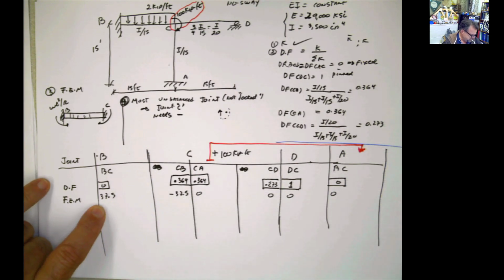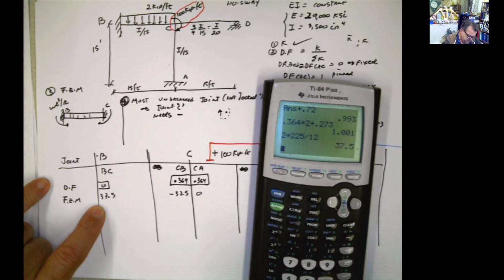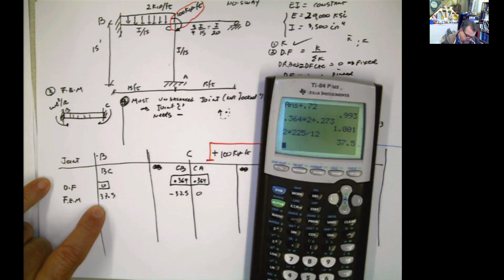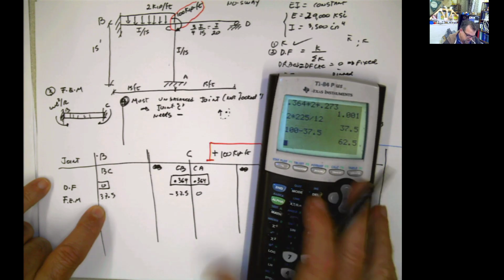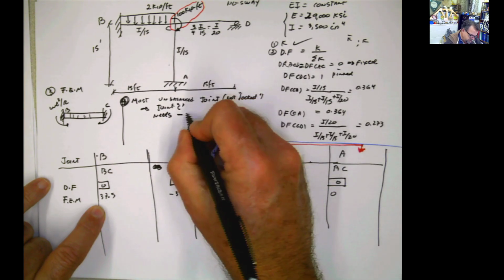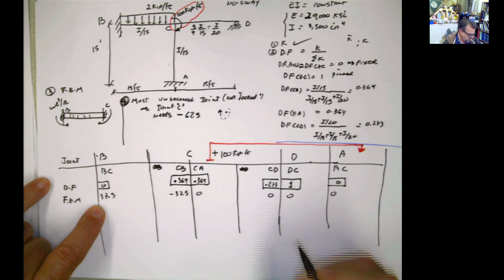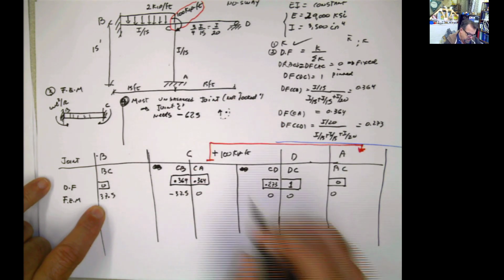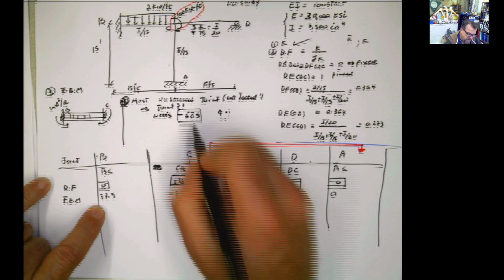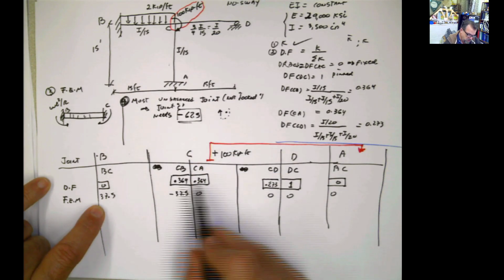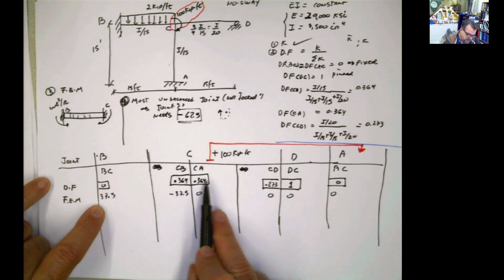62.5, right? Let me check it. My brain at this time is not working fully. Minus 37.5, 62.5. It needs negative 62.5 to compensate for that. Now, this negative 62.5 has to be distributed according to the distribution factors at CB, CA,